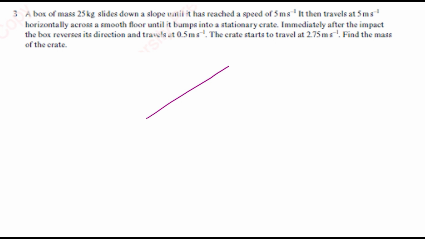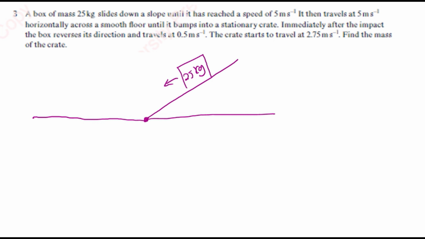Okay, so we have our slope. A box of mass 25 kgs slides down the slope until it's reached a speed of 5 meters per second. It then travels at this speed horizontally across a smooth floor. So it'll get to that point where its speed will be 5 meters per second until it bumps into a stationary crate. Immediately after the impact, the box reverses direction, so the box will move to the right and travels at 0.5 meters per second, so